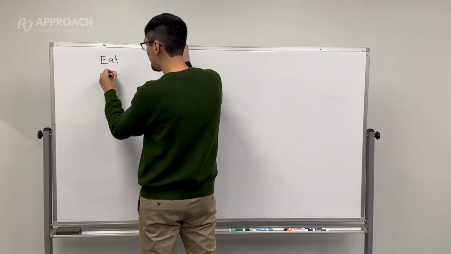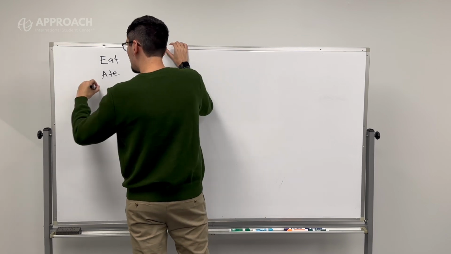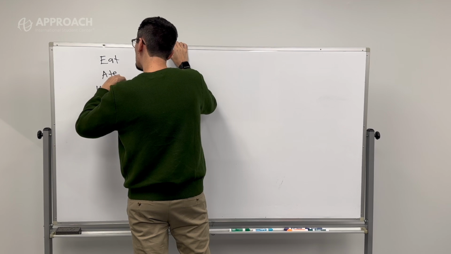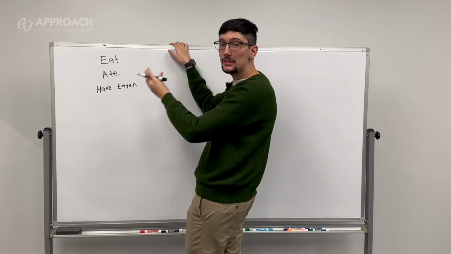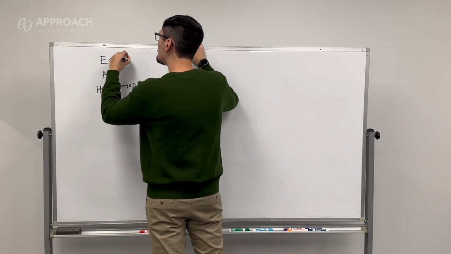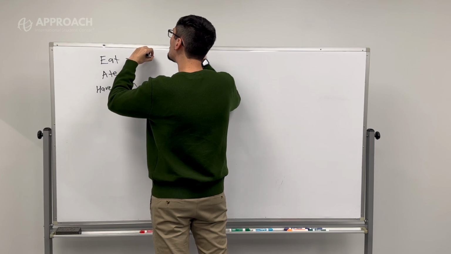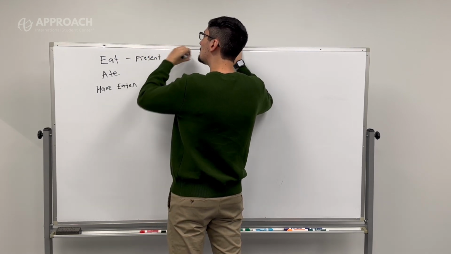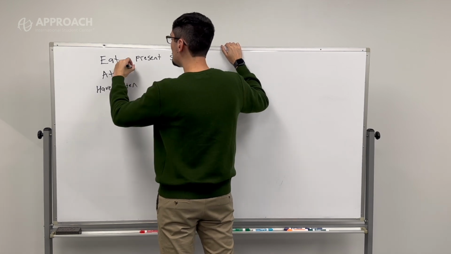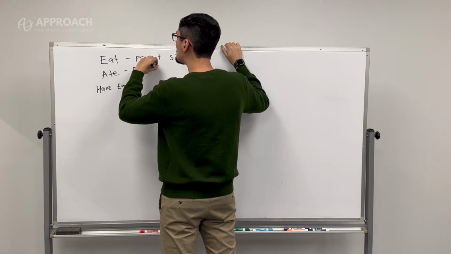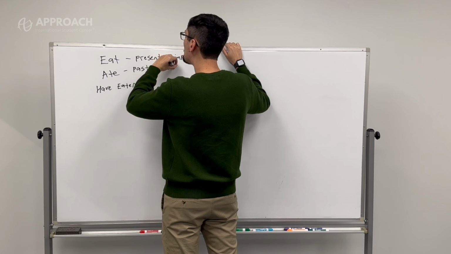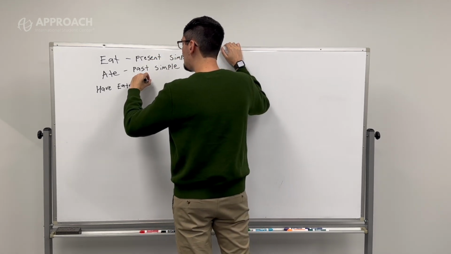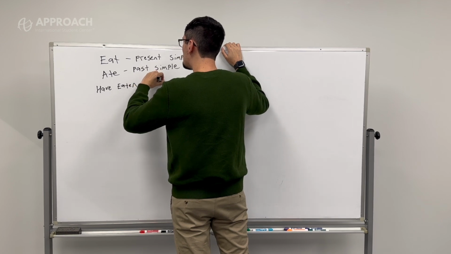Ate and have eaten. This form is the present simple. This one is the past simple. And this one, a little different, the present